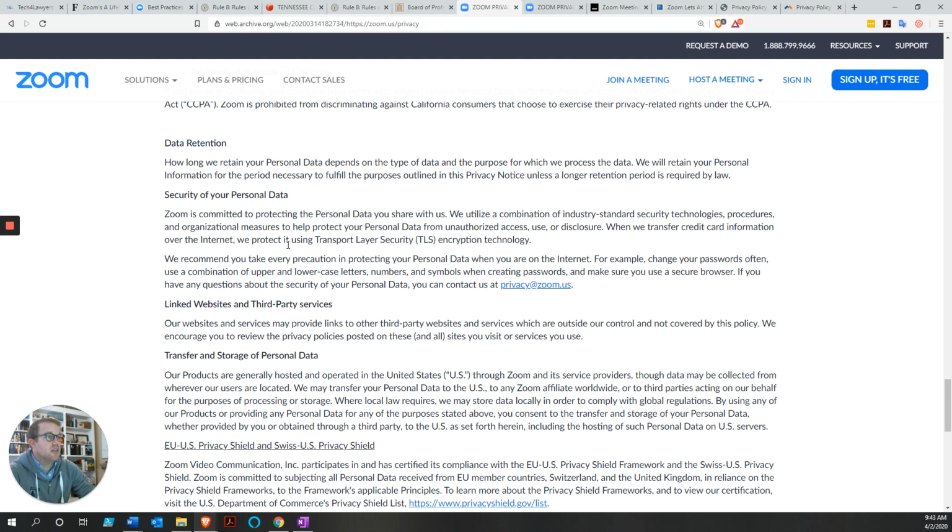And it states here that they use the TLS encryption technology for the transfer of credit cards, and that is very standard. If they don't use the TLS, that'd be problematic. But other than that, they really just state that they utilize a combination of industry standard security technologies, procedures, and organizational measures to help protect your personal data from unauthorized access, use, or disclosure.